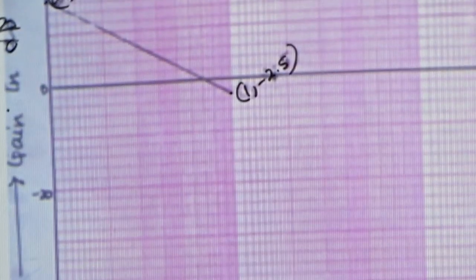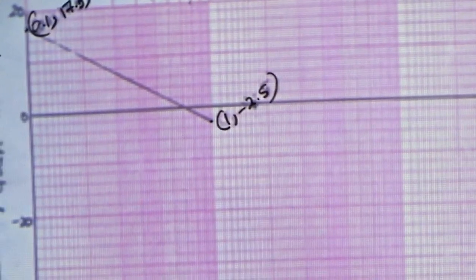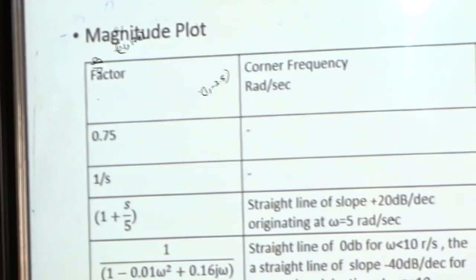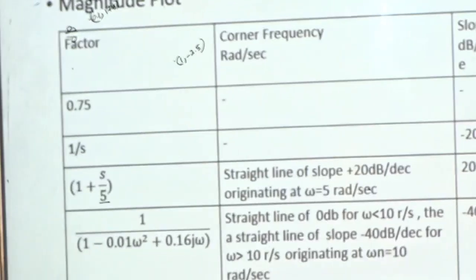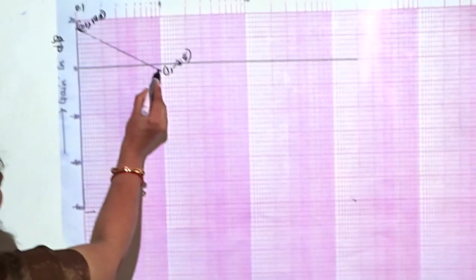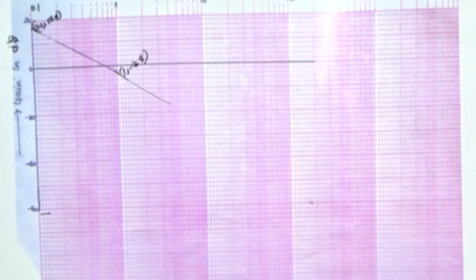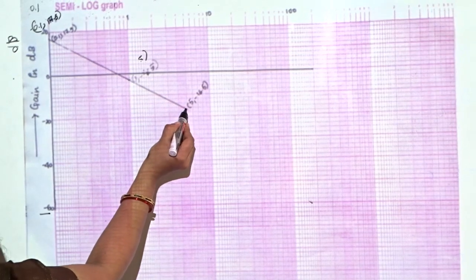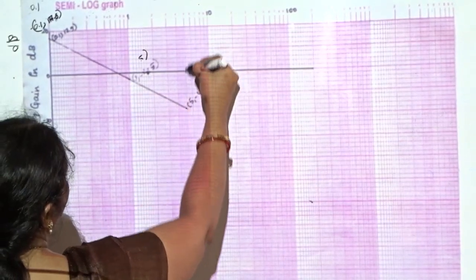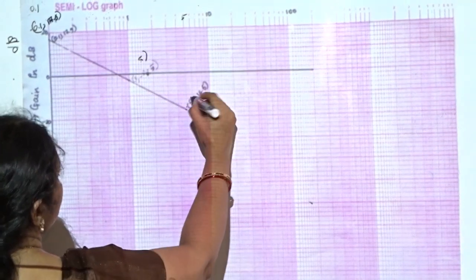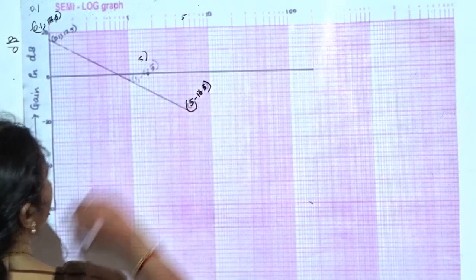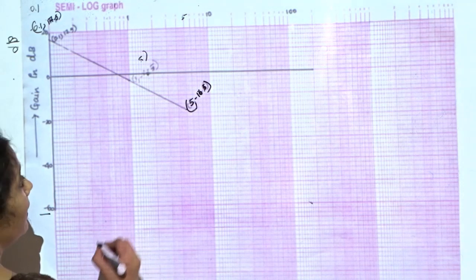Then can I stop here? What is the immediate corner frequency that you will get? It is 5. So extend this line, which has gone up to 1, with the same slope up to 5. From here it has been extended up to 5, and the point is 5 comma minus 16.5. It is not visible, so I am writing it again: 5 comma minus 16.5.